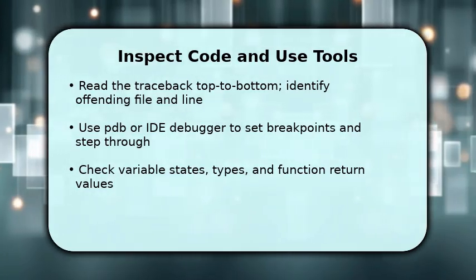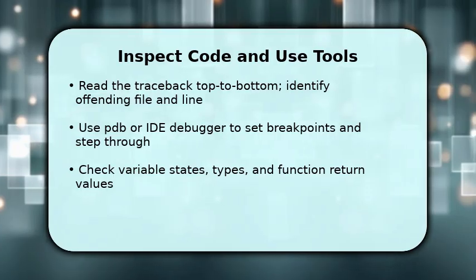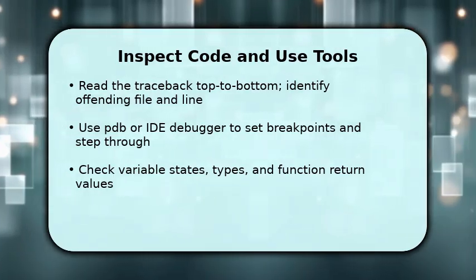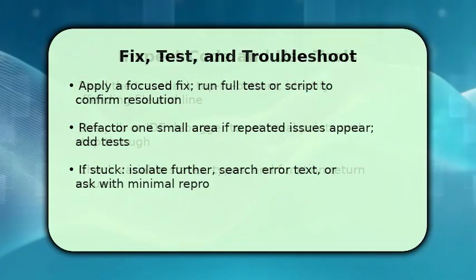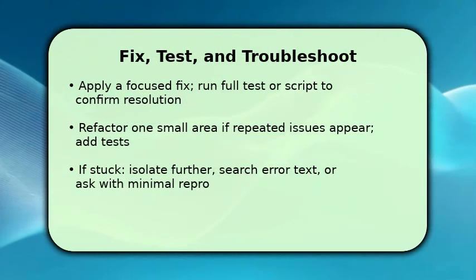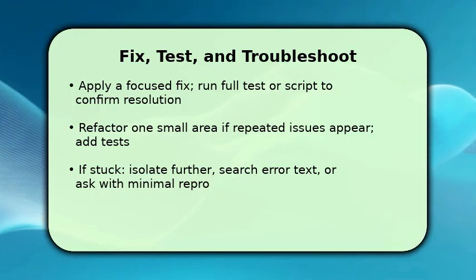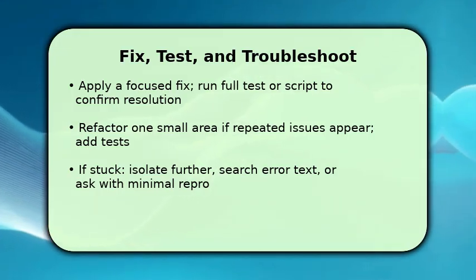If logic seems wrong, add temporary prints or small unit tests to verify each function in isolation, and finish by applying a focused fix to the minimal repro, and then run the full script or tests to confirm the error is resolved. Once fixed, add a unit test that captures the previous failure and consider a small refactor if the